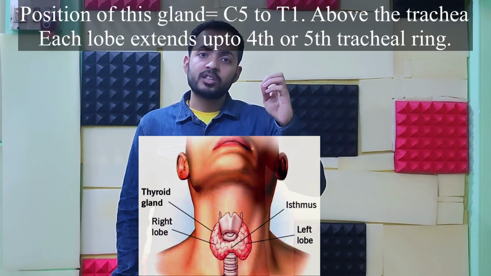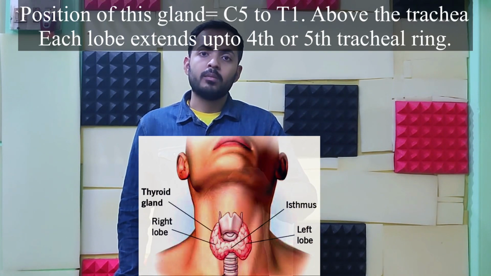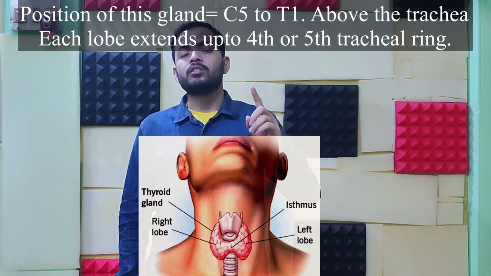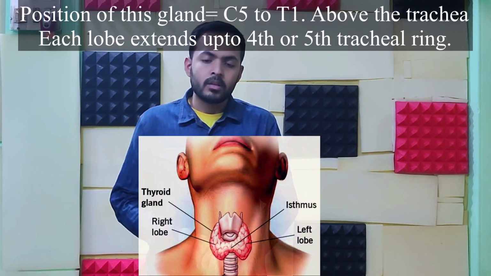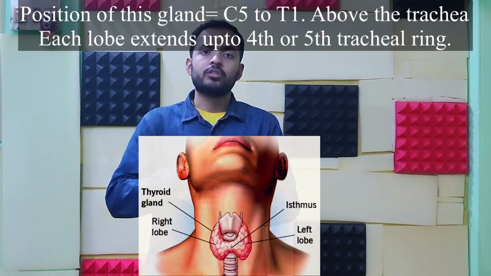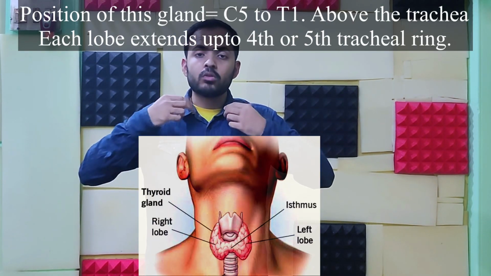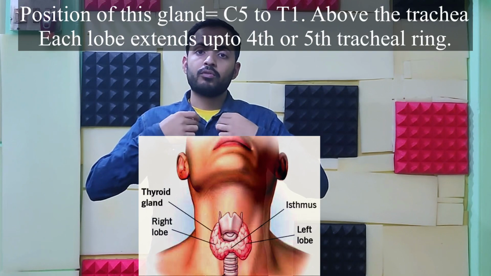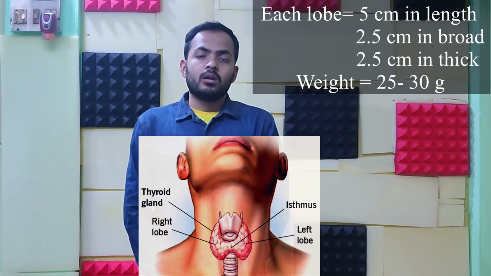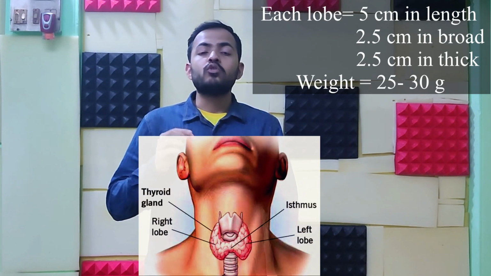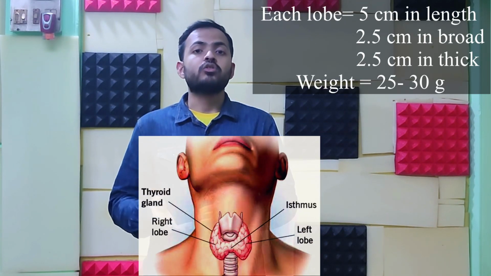It starts from C5 to T1. I mean C5, C6, C7 cervical vertebra, and then the first thoracic vertebra, T1. So this is the original position of the thyroid gland, and each lobe, right lobe and left lobe, extends up to the fourth or fifth tracheal ring. In measurements, it is almost 5 centimeter in length, 2.5 centimeter in breadth, and also 2.5 centimeter in thickness,